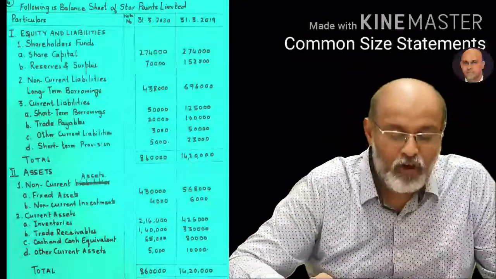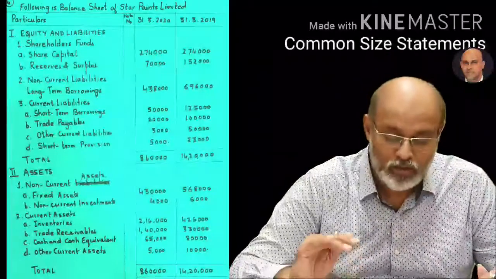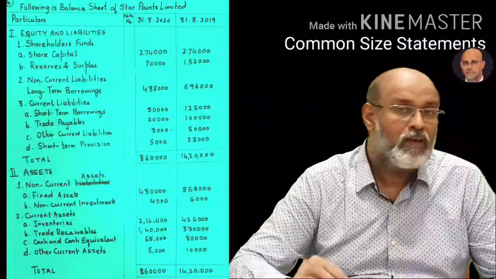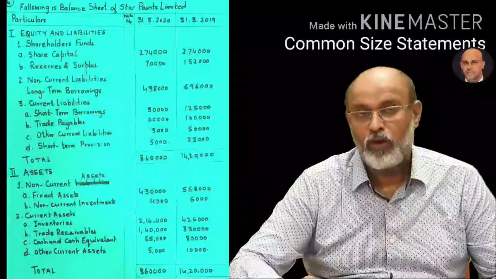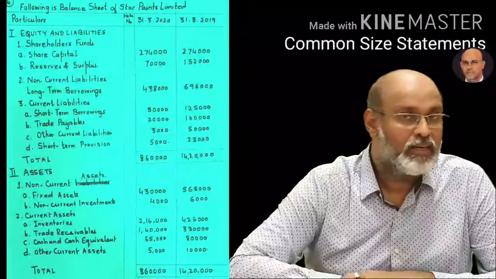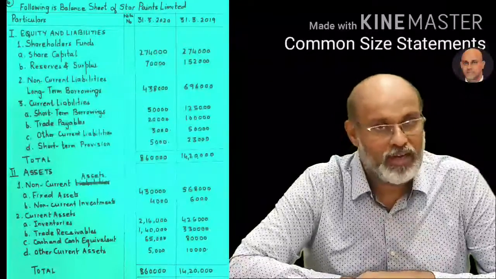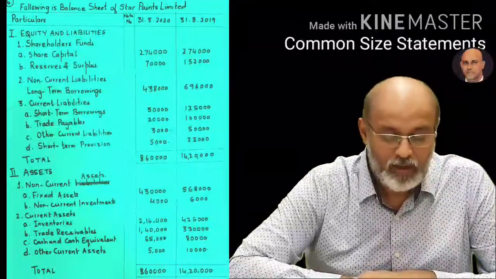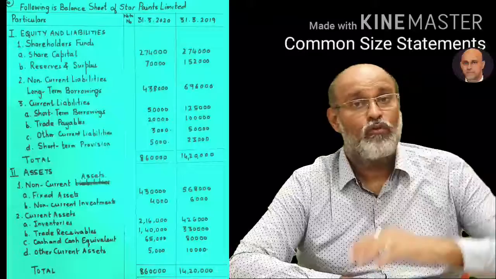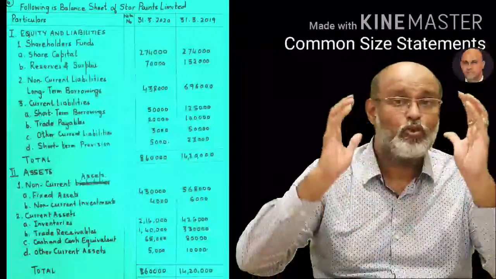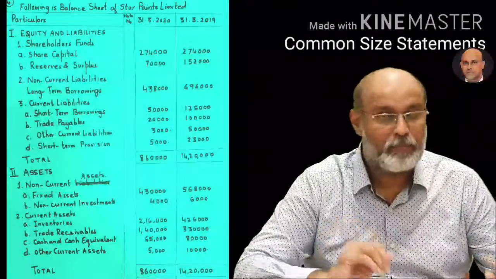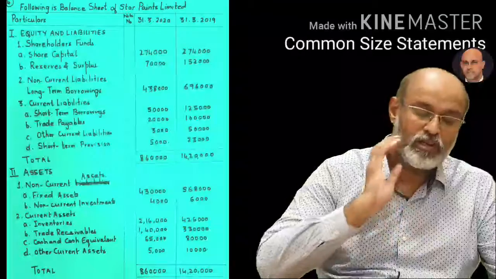After that we have non-current investments of 6,000. So 6,000 divided by 14,20,000 multiplied by 100 is 0.42. So that was your non-current investments and your fixed assets in your non-current assets. Now let us come to the current assets of the previous year, in which you have inventories of 4,26,000. So 4,26,000 divided by the total assets or the total liabilities and equity, which is 14,20,000, and multiplied by 100 will give you 30%.